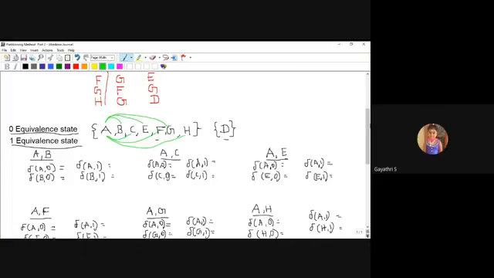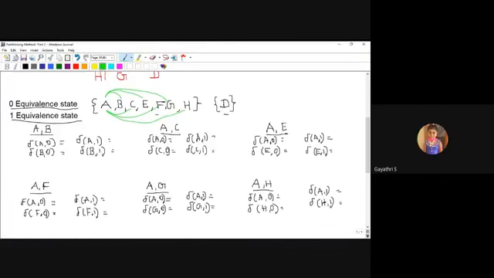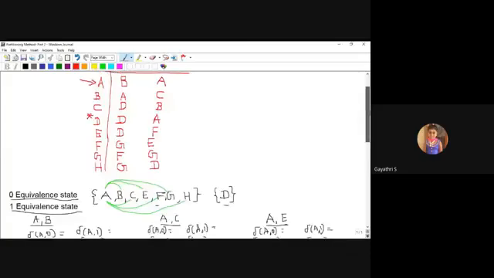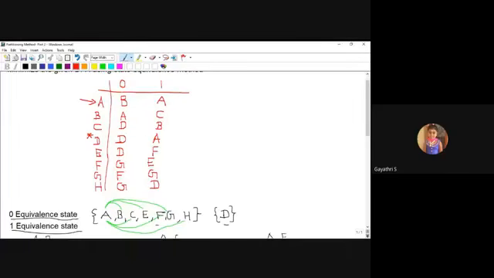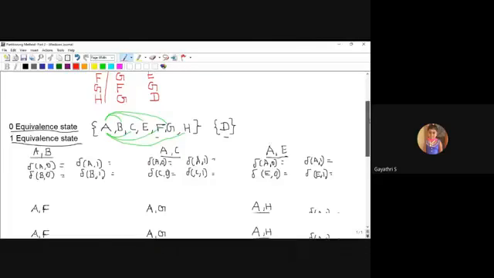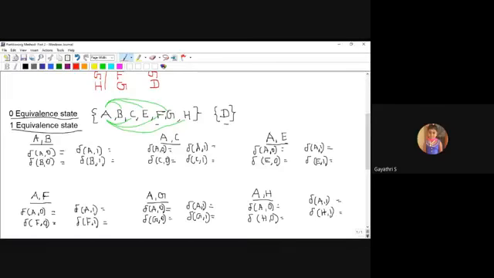First I will take the AB pair. A on 0, B on 0. A on 0 moves to B, B on 0 moves to A. Next, A on 1 and B on 1.